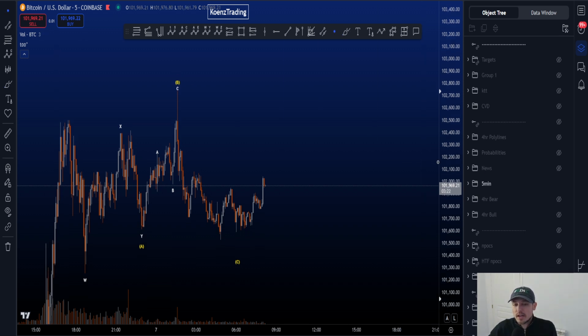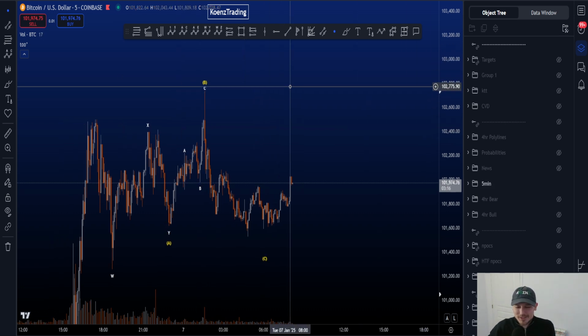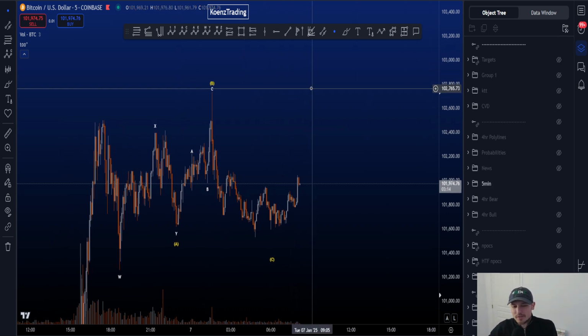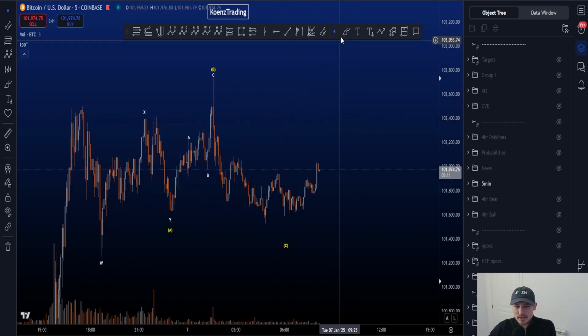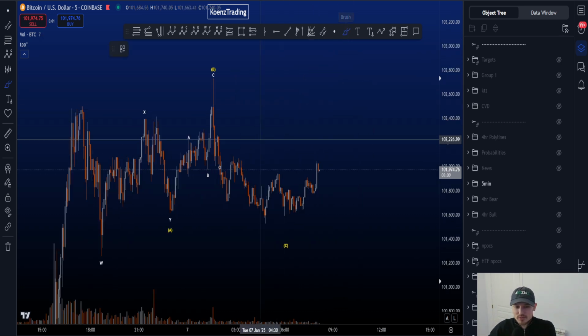So even if you want to have a wave C that finishes very soon, it would be nicest to still take out this high. And this is the 5-minute chart, so take it with a little bit of a grain of salt, I suppose, right? The lower the time frames, the quicker things change as well. But